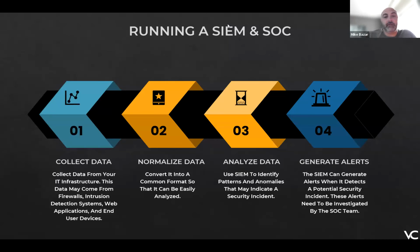If you've ever tried to run financial reports against operations KPIs, that can be a big bear to struggle to get all that together. And again, back to the previous slide, the SIEM that you use will help with some of these, but you're probably going to pay a trade-off cost to find things that will help you collect, normalize, analyze, and then generate the